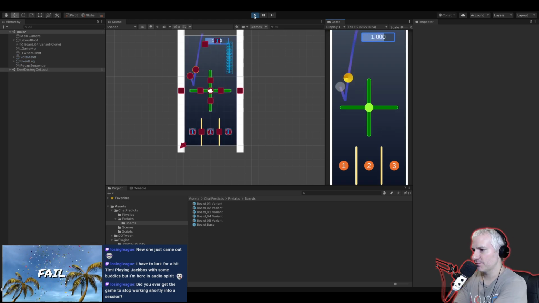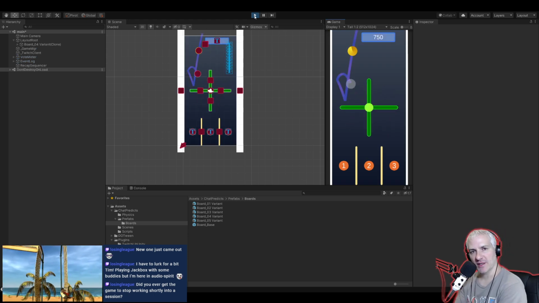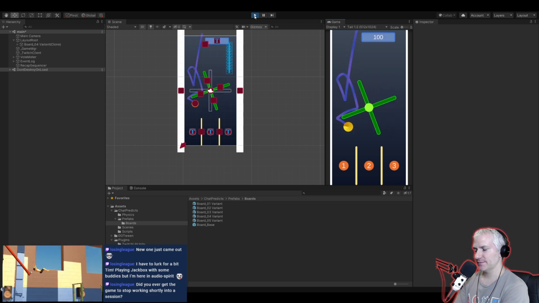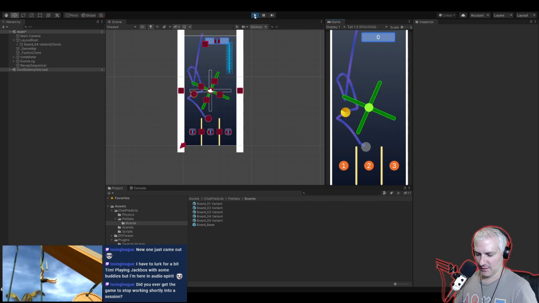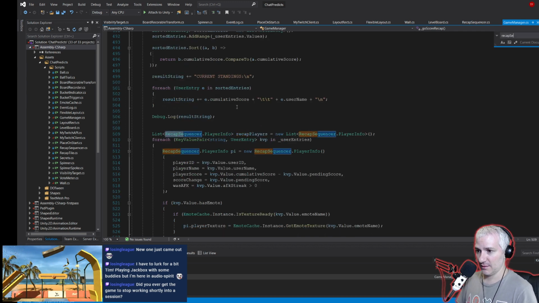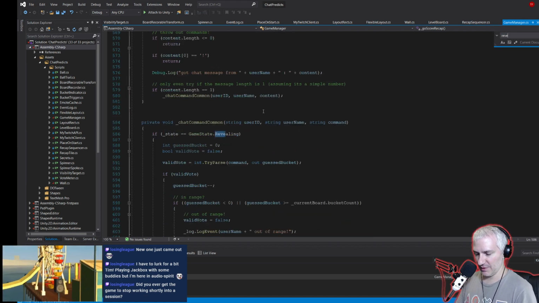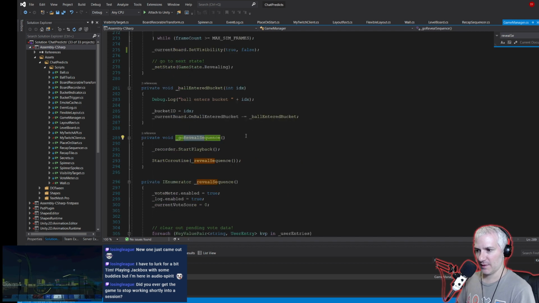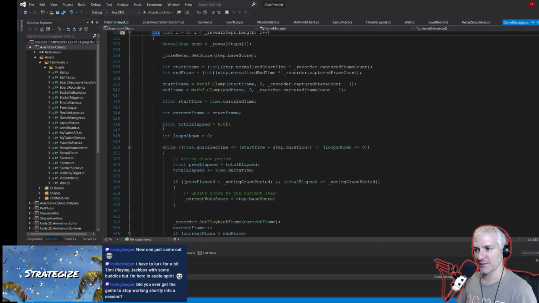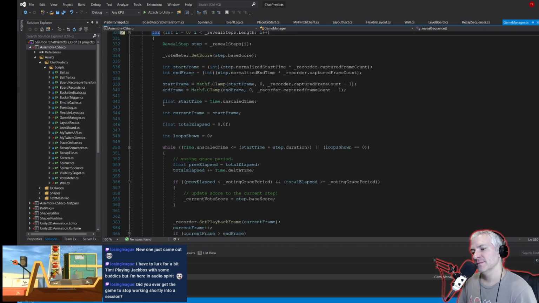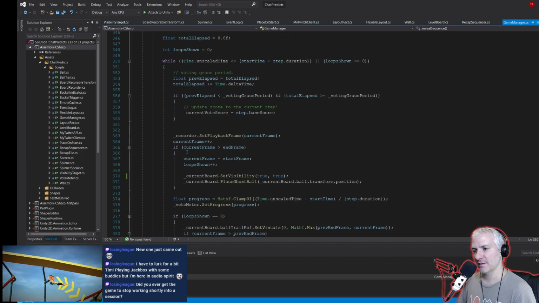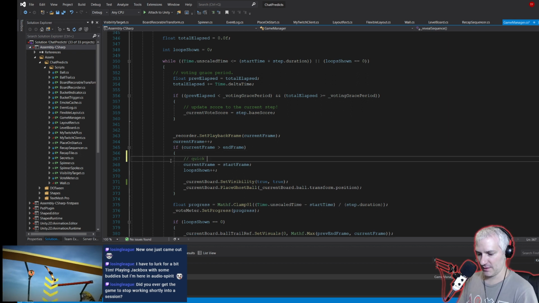Okay, so which bucket will the ball land in? I feel like we need to do a little rewind thing. Let's do a quick rewind thing. So this is going to be not recap, reveal sequence. What we do here is we're looping through. Where do we actually reset? We reset right here. So let's do this, a quick rewind